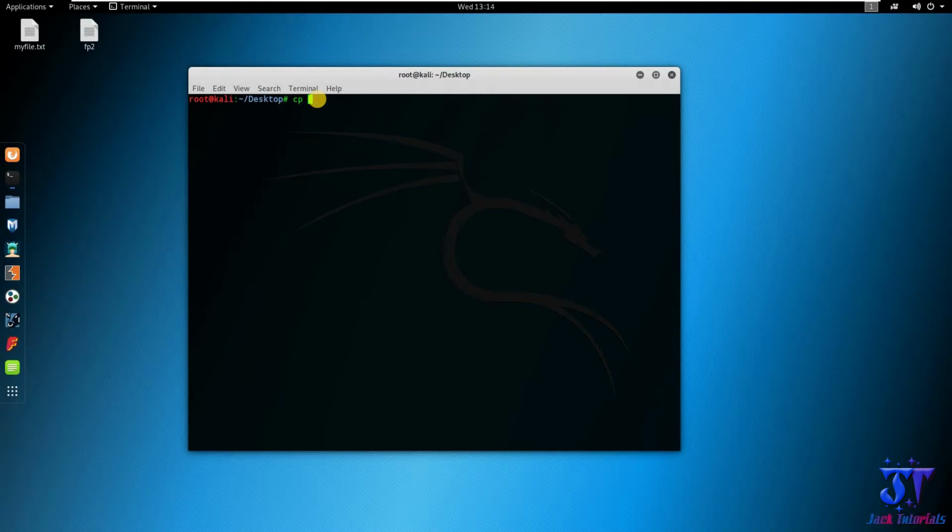Let's say I am at root and then desktop and then my file name is fp2.txt, or fp2, you can say fp2 here, and then I'm going to copy that here again and just type in again root and then desktop